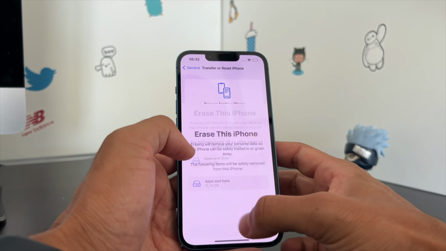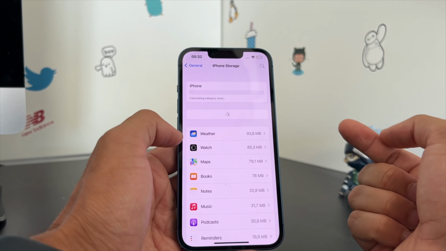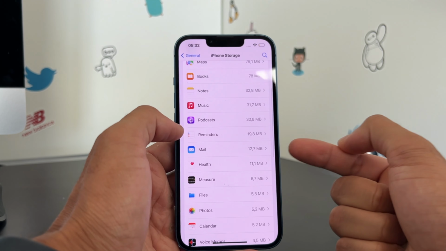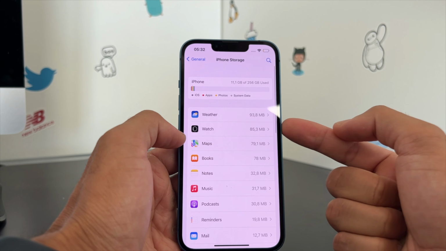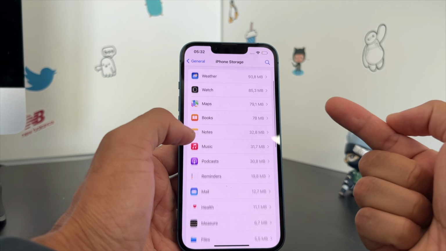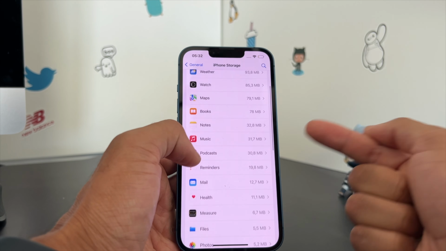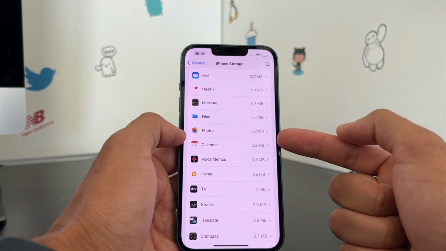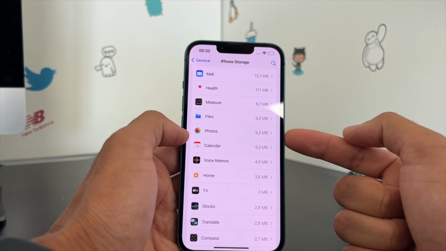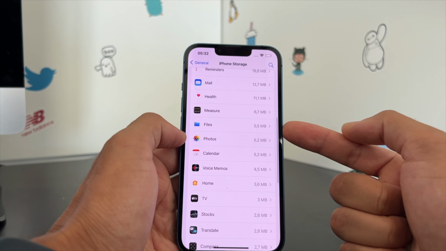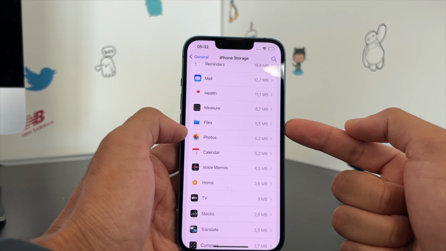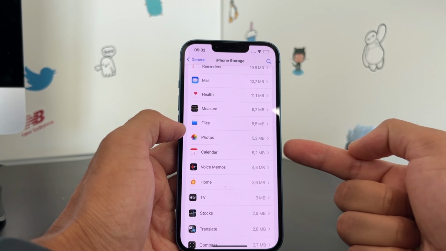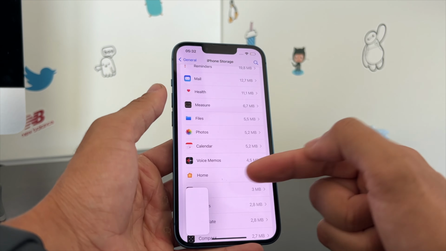So if we go back and go to your iPhone storage, we see all these apps that are installed by default with your iPhone. And all these apps are at the moment very small, but they balloon over time. If I take, for example, this Photos app, now I don't have any photos on it, but it already says it has a size of 5.2 megabytes. If we take the Files app, I don't have any files on it once again, and it already says 5.5 megabytes. But if you are making pictures, even screenshots,